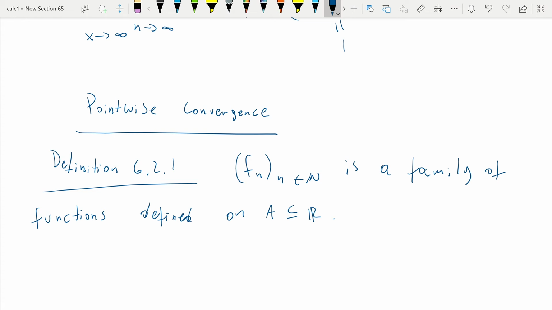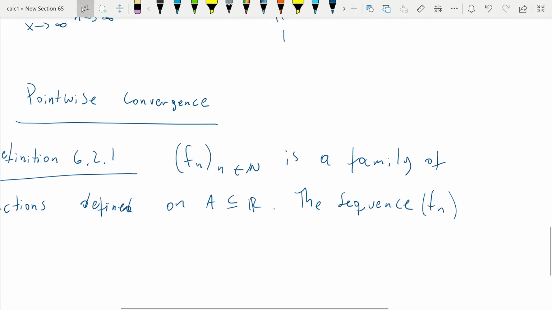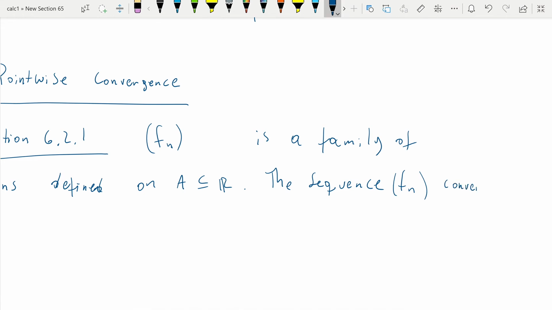And if you do that for every x, you're defining a new function, right? So at every x it takes on the value of the limit of fn of x, taking it as a sequence of numbers. And so we may ask ourselves if the sequence fn converges to f,